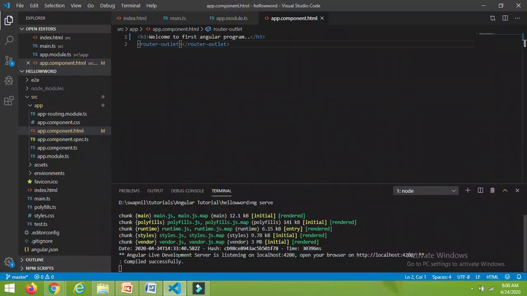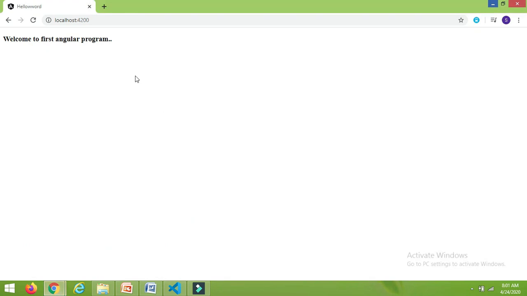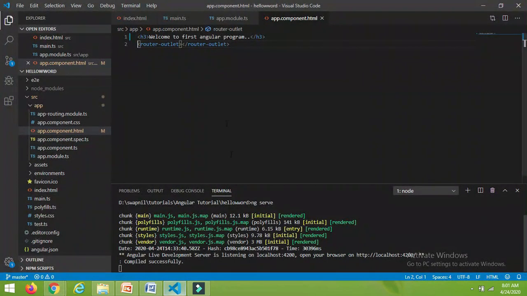We have created the Hello World program using Angular CLI. So now I will go through the code of this Angular project structure. You can see whatever the content of the app.component.html file is getting reflected when we run our program or hit the URL localhost:4200. Whatever the content of app.component.html, it's reflecting here. So let me change this content.